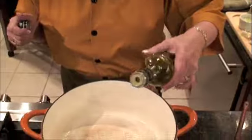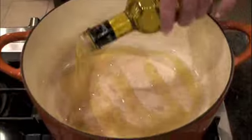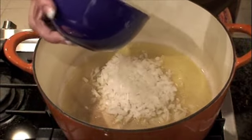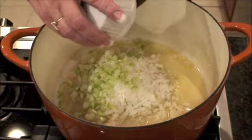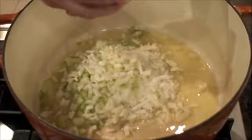We're going to start off with our extra virgin olive oil, about 1/4 cup. You want to make sure the bottom of the pan is well covered. And to that, we're going to add our onions, our celery, our fennel,